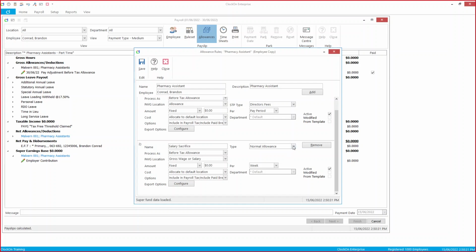Salary sacrifice. And then we can change the type in here to super salary sacrifice. We can set the per to payroll period. Yep, scrolled. And we can also set the fund if we want in here, and we can set a member number if we like as well. So if we save that,